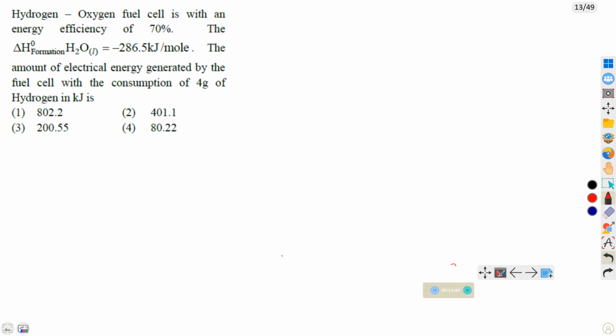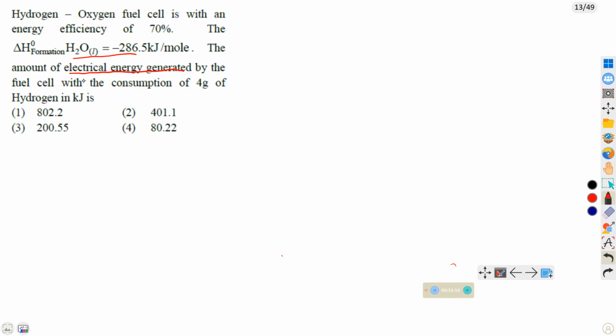Hydrogen oxygen fuel cell is with an energy efficiency of 70%. The enthalpy of formation of H2O is equal to minus 286.5 kilojoule per mole. The amount of electrical energy generated by the fuel cell with the consumption of 4 grams of hydrogen, in kilojoules, is,